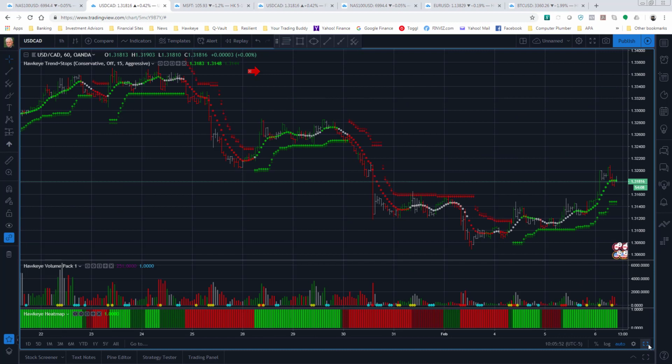So if we were to expand this 60-minute chart, you can see the overall direction of this 60-minute is down. And it has broken that downtrend right here, but it's still creating lower highs and lower lows. And until this previous lower high is broken, it will continue to stay in that lower high, lower low trend